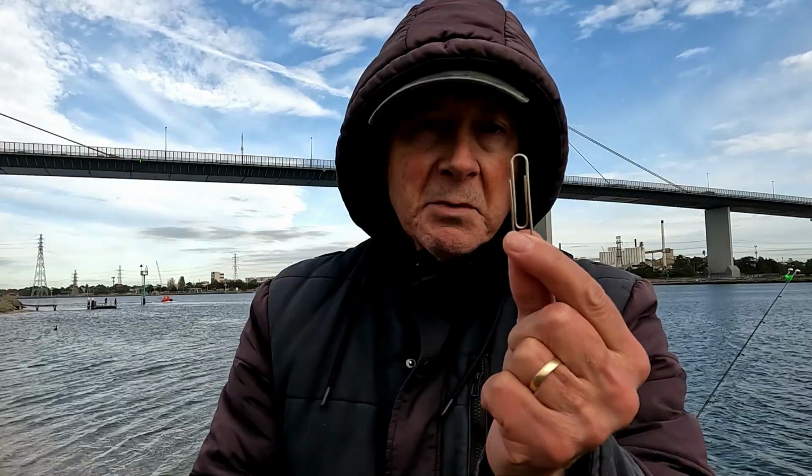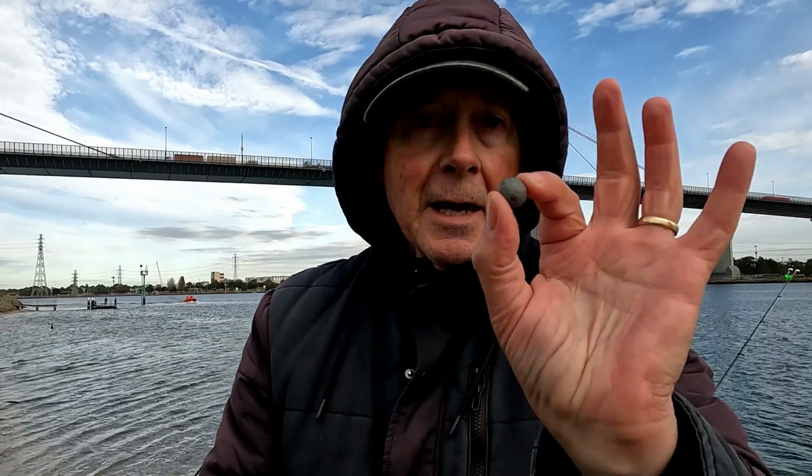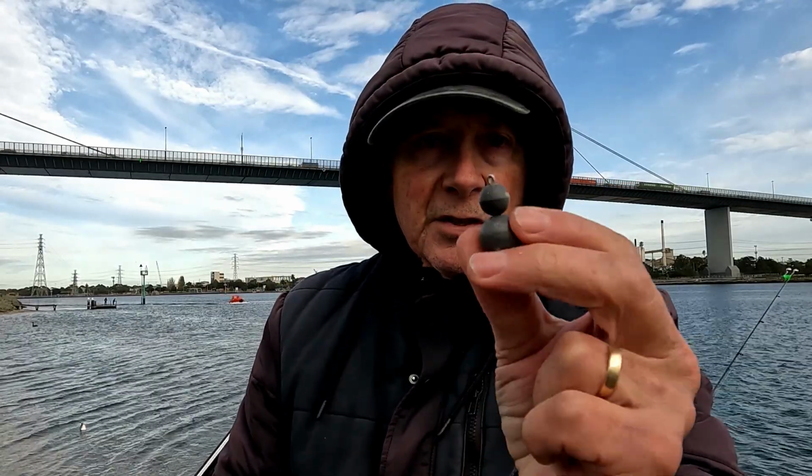Number 3, always carry a pair of pliers and some paper clips with you when you go fishing. Why? Because you can change a weight. If you don't have a sinker that is the right size to put onto your line to carry the weight, or to hold bottom while you're fishing, you can make up various types of weights just the right size by